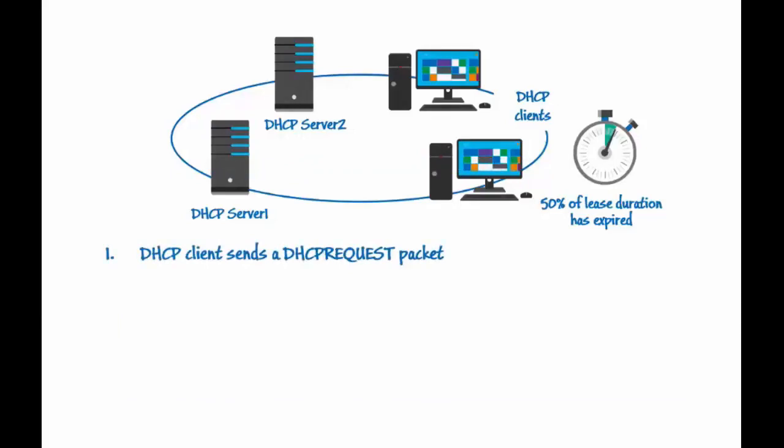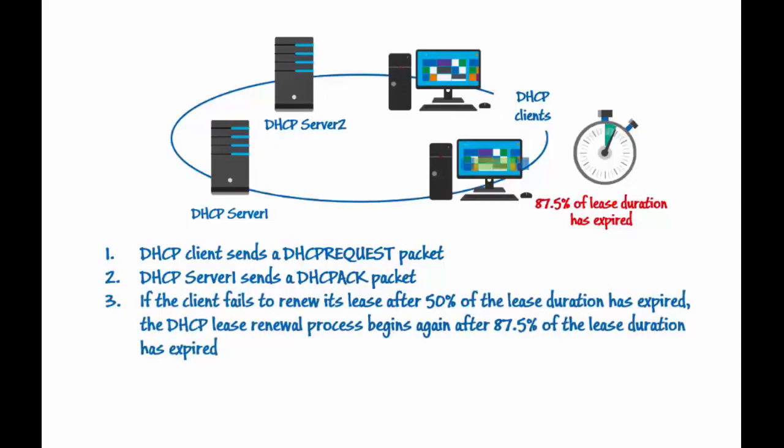Next, the server that leased the IP address originally sends a DHCP message back to the client. This message contains any new parameters that have changed since the creation of the original lease. Note that these packets do not broadcast because the client at this point has an IP address that it can use for unicast communications. If the DHCP client cannot contact the DHCP server to renew its lease, then the client